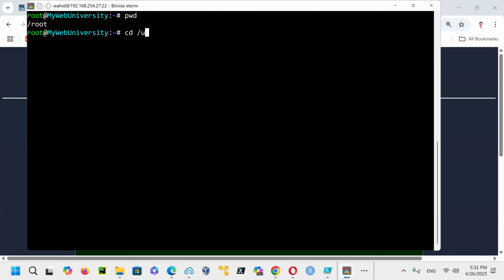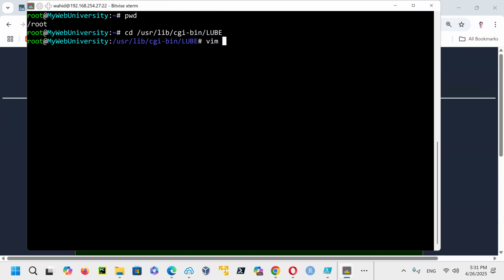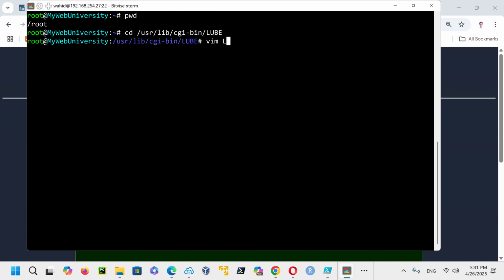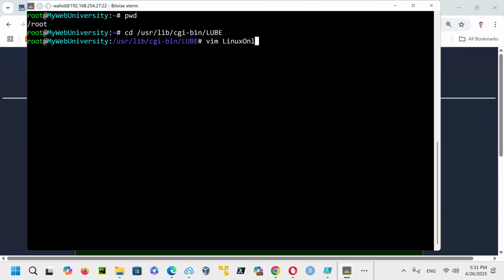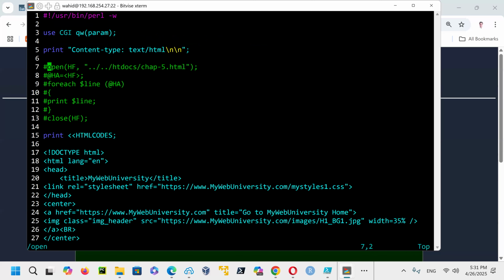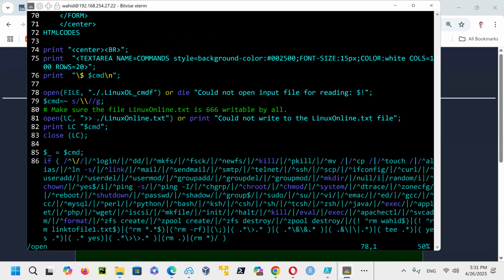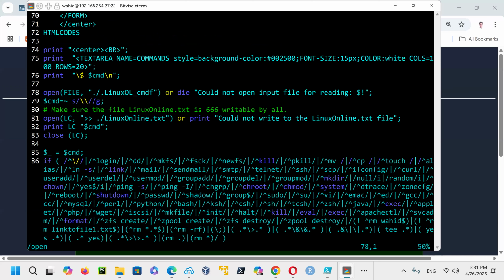So I'm going to go to user local cgi-bin directory, and then I'm going to say vim, and the name of the program is called linux online.cgi. So I go there and then I say, what is the file that I'm going to open to read for writing to the file? And notice that the name of the file is Linux online underscore CMD.